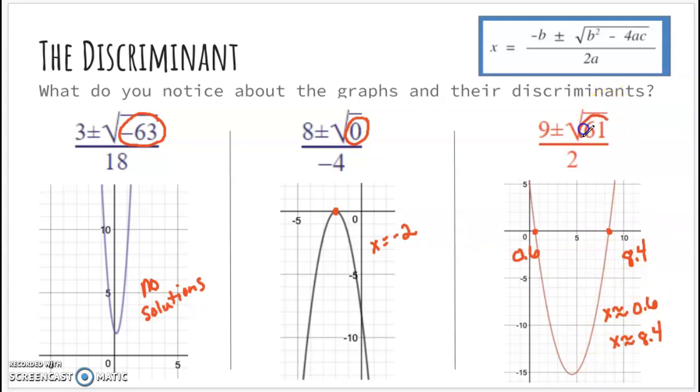Okay, and so you notice the number that you have underneath your radical sign here is a positive number, so you're going to be both adding and subtracting from that 9. Here we have the number 0, so it didn't matter what we added or subtracted from that digit, we would just be left with that number 8. And since we had a negative underneath that radical sign, we ended up with this unreal answer. If you tried typing that into your calculator, you would get an error